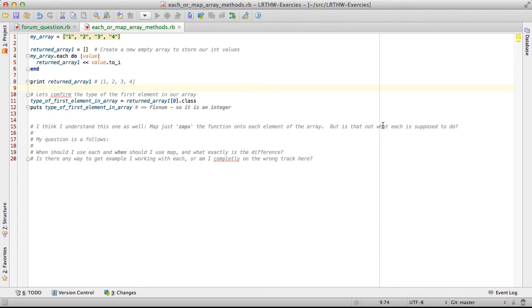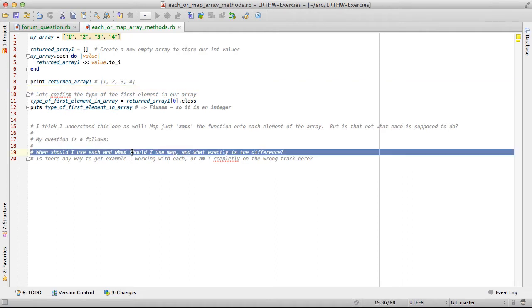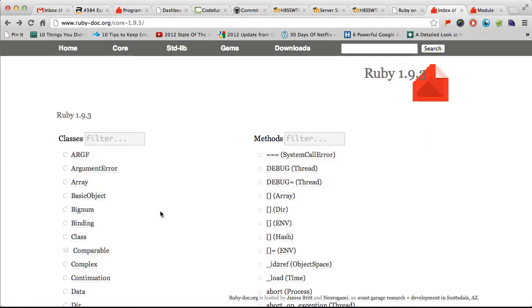Okay, let's take a look at the second part of this question. When should I use each and when should I use map, and what exactly is the difference? So to answer this, let's jump across to the Ruby documentation website and let's see what it says about those